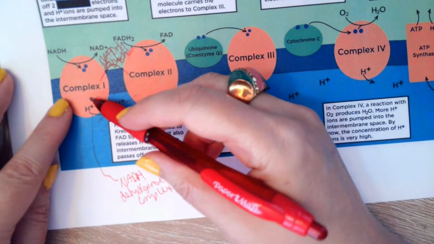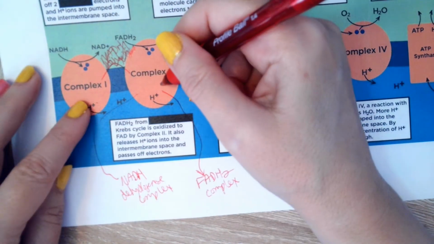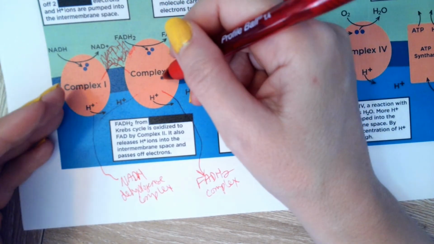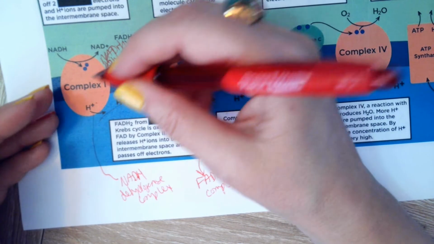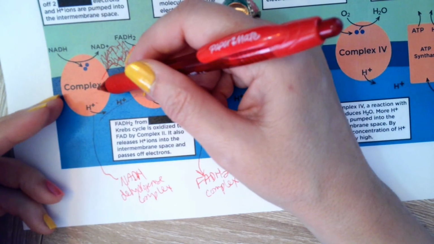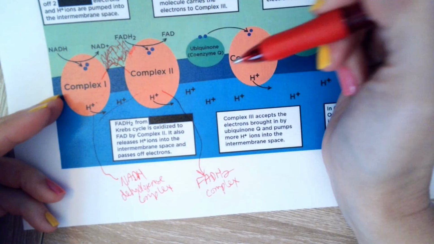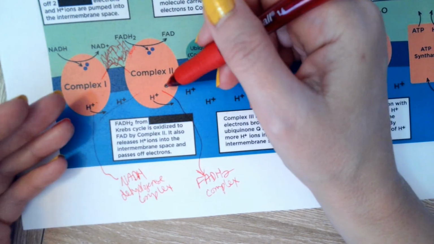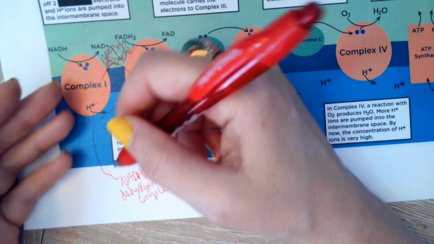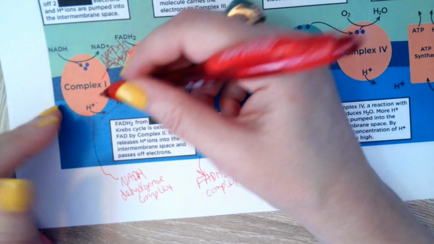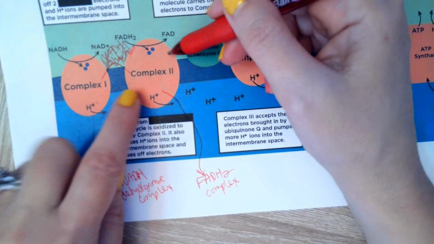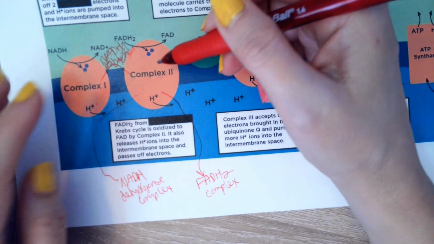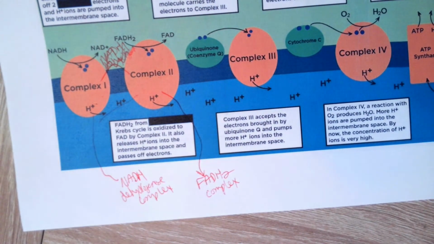So where they have complex 1 and complex 2, these are both part of where we enter the Krebs cycle. So NADH is going into complex 1, FADH is going into complex 2. Both are oxidizing something. The NADH is being oxidized by complex 1. FADH is being oxidized by complex 2. Okay? So on this picture,